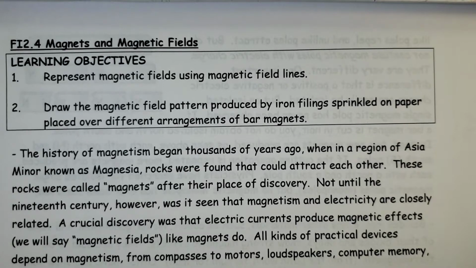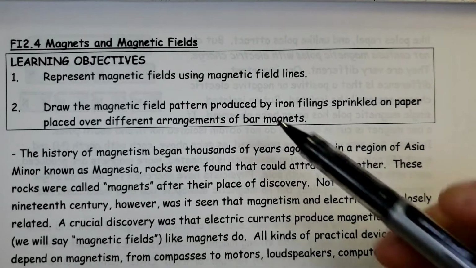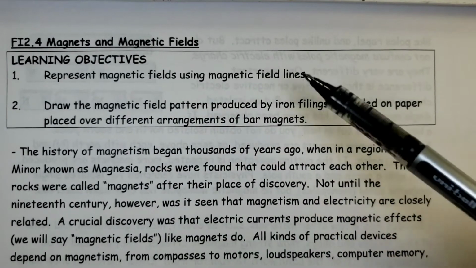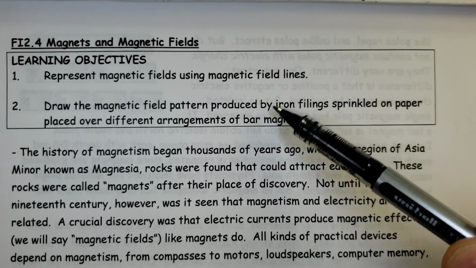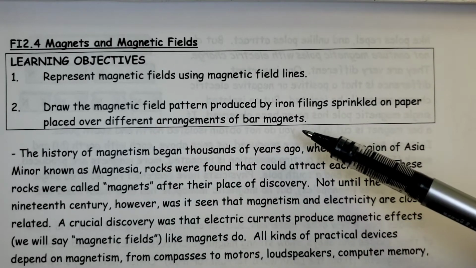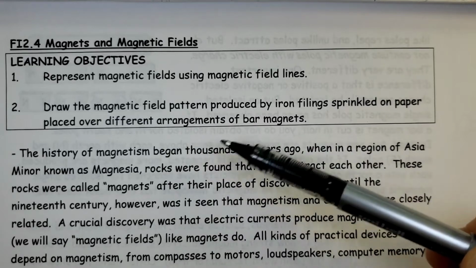FI2.4. So we looked at electric fields with the previous one. Now we look at magnets and magnetic fields. So we represent magnetic fields using magnetic field lines, which are similar to electric field lines. And then to draw the magnetic field pattern produced by iron filings sprinkled on paper placed over different arrangements of